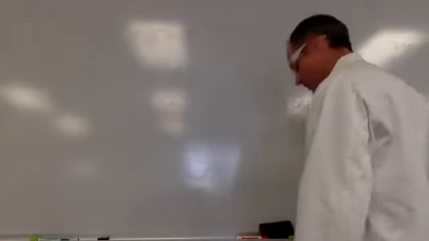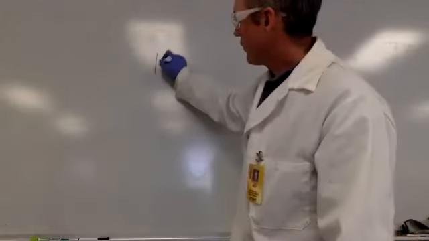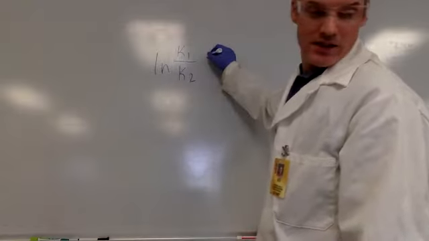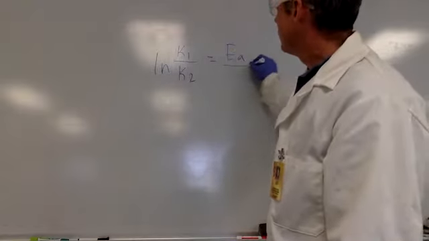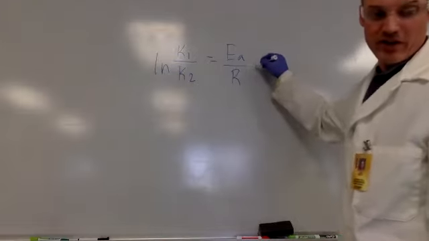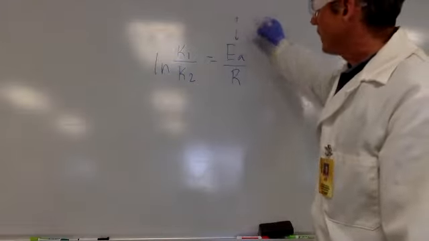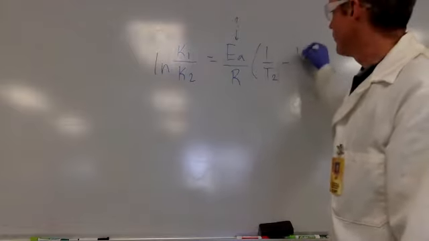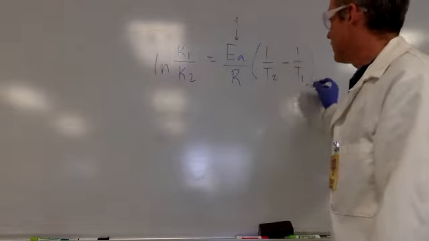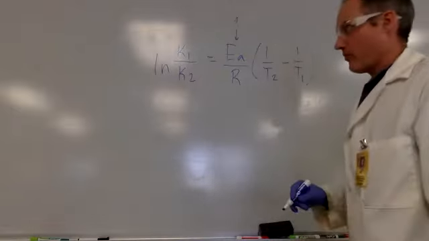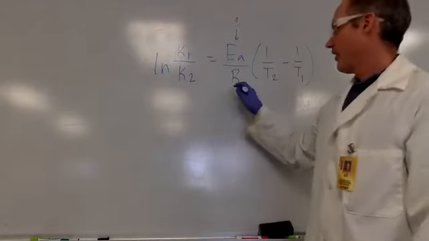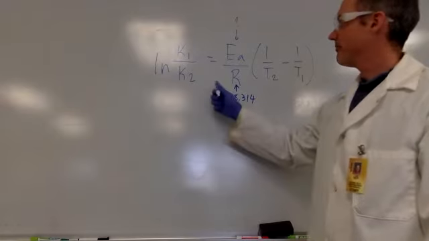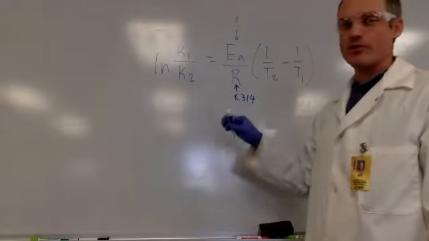All right, in 3, we're using this equation to calculate our activation energy. Looking at our temperatures and our K values for those temperatures. So R is your gas constant, 8.314. K1 and K2 are slopes from